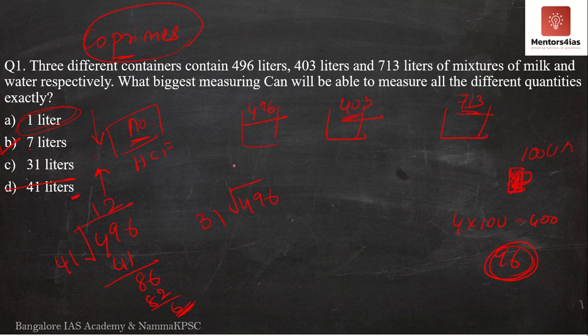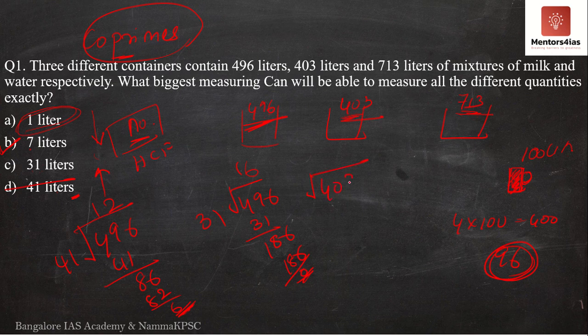Okay, I have to check 31. Now if I'm checking for 31, 1 times it is 31, 8, 6. So if this is 6, I must check by multiplying 6 times. So 6 3s are 18. Okay, it is divisible. So this is divisible, but I cannot stop here. I have to check for 403 and 713 as well. It could very much be possible that only 496 is divisible, but whereas 403 and 713 is not divisible. So I cannot stop with 496. I'll have to check for both 403 and 713.